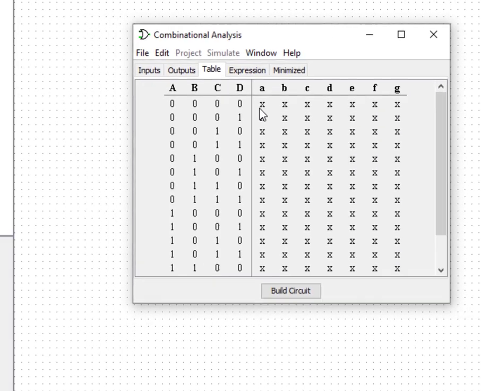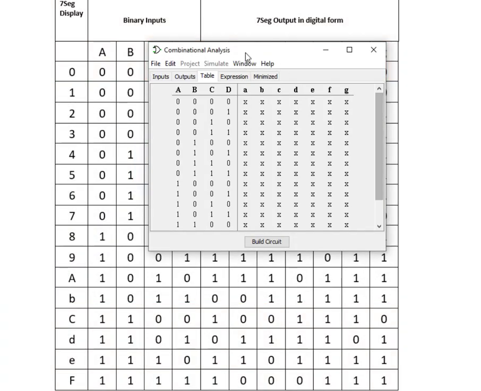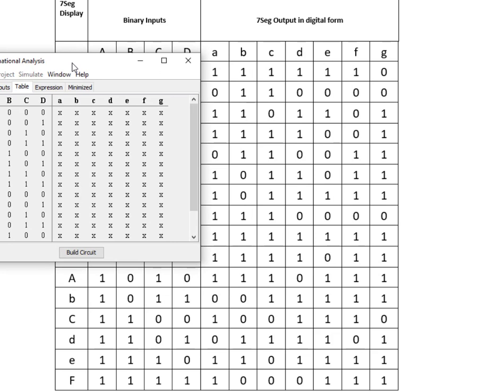So go to truth table. We have this 7 segment output table, so this should be entirely put into this table. What I do is I'll just click on the first thing and go on giving it input. By just giving it the input, it will be automatically changing because it's a single bit input. So it won't wait for any input further.